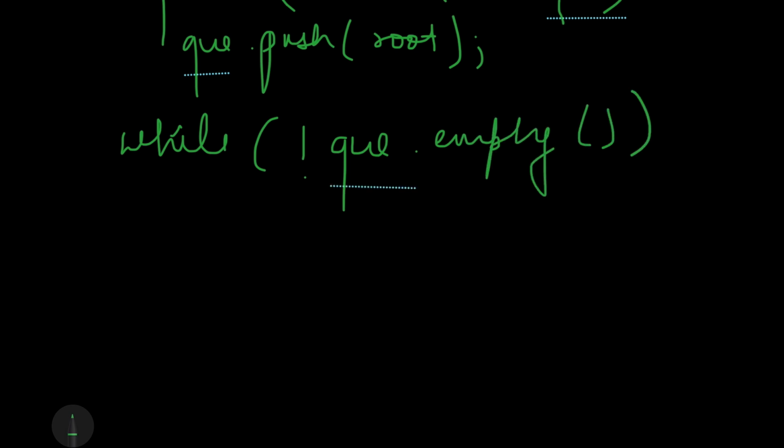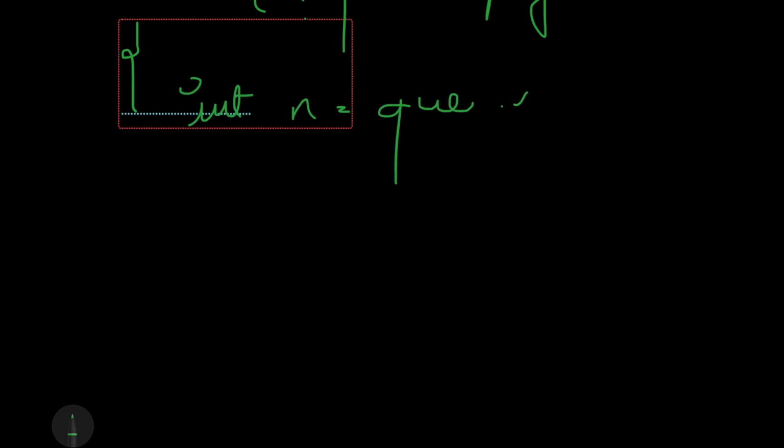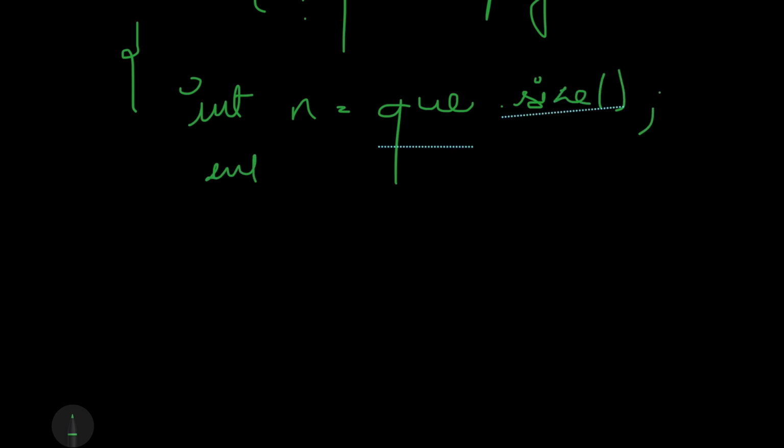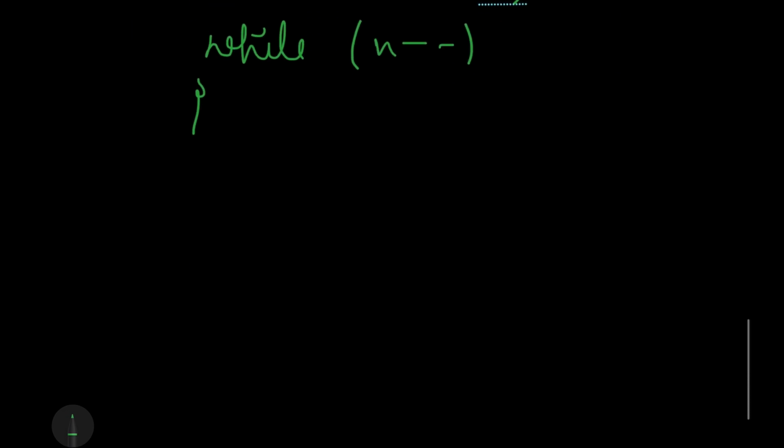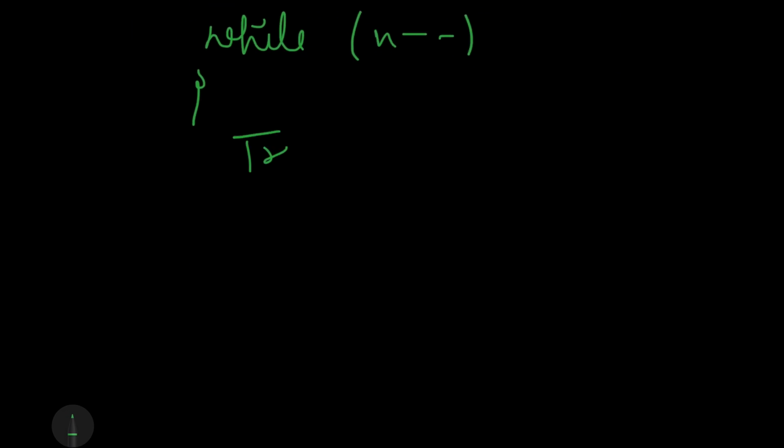So what we'll do inside our while loop, we'll initialize an element which will give us the size of the queue. Then we'll have an int sum which we'll initialize as 0. Then we'll run a while loop with n minus minus till the size becomes 0. And inside this while, we'll define another variable of tree node type,